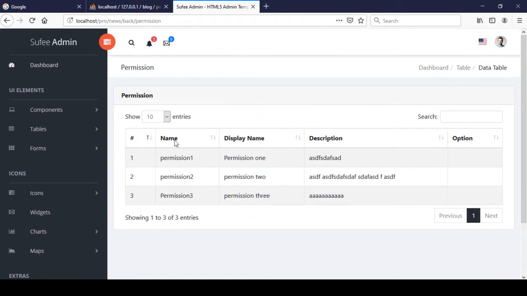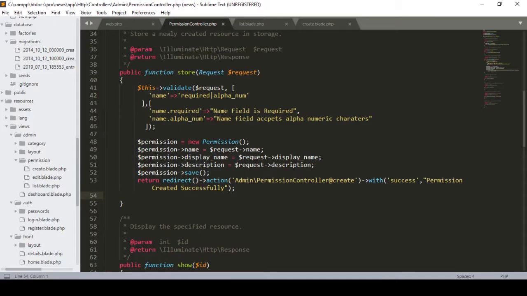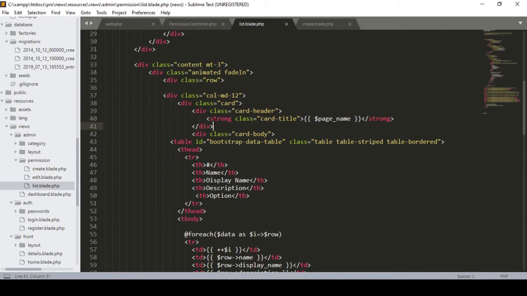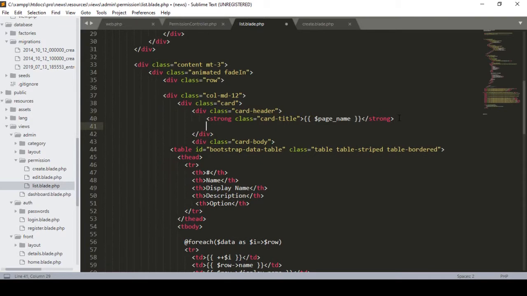For doing this, here is our list page. If you go to this position, that is our list blade, and after that I want to create it in these positions. Here I am defining a button, an A tag, and into the A tag, first of all, I also want to define a class. I just added a bootstrap class as